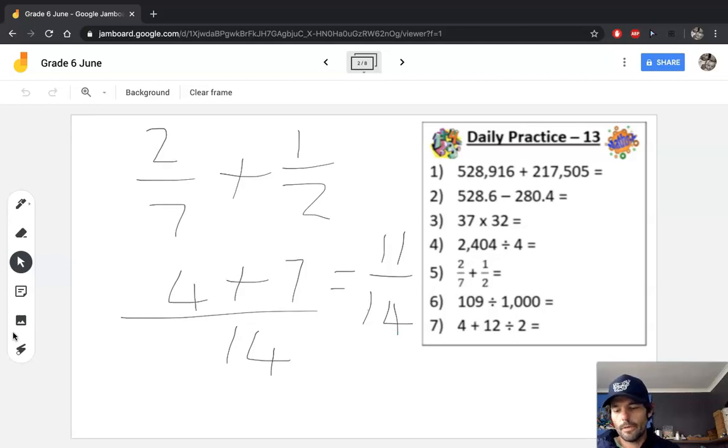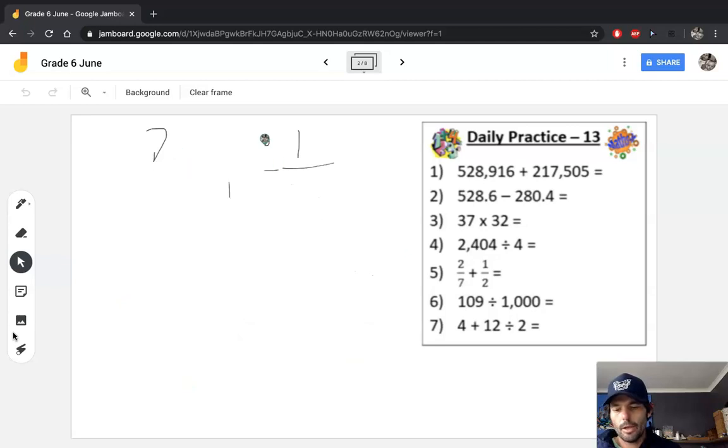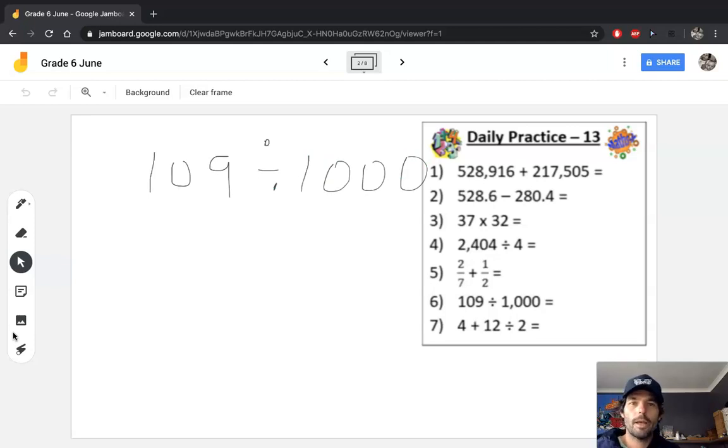Question 6 is the division by a multiple of 10, and that is 1,000 in this instance. So I'm pretty confident that you guys know when you divide, the number becomes smaller, okay? And when you divide by 1,000, that number becomes 3 places smaller, because 1,000 is 10 times 10 times 10, and we've spoken about the base 10 system that we use. So that answer is going to give you